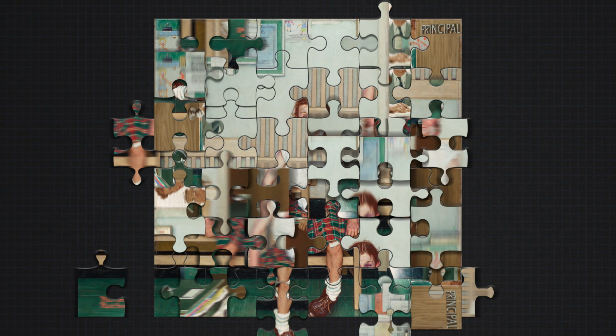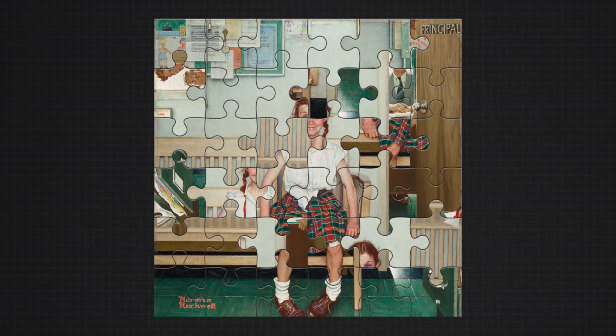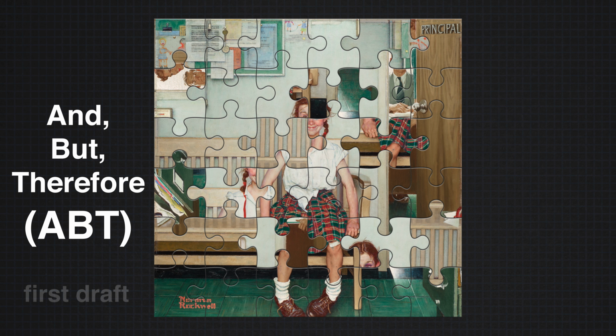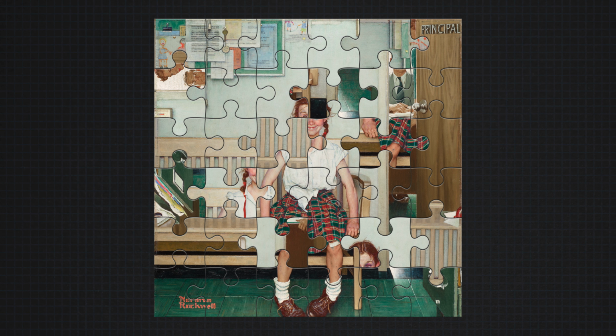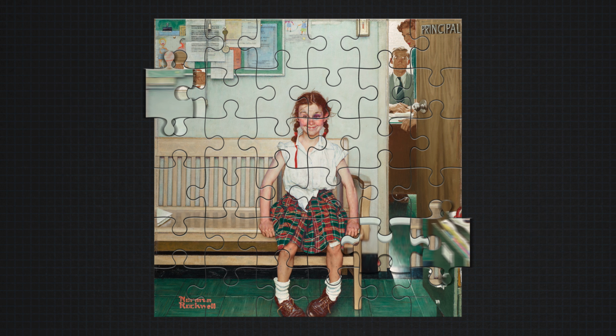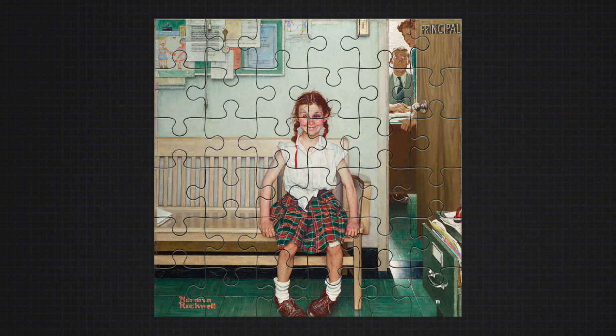Now, invest some time and energy, and you might get the puzzle to here. This is equivalent to the first draft of the and, but, therefore ABT form. You now have the beginnings of a story as we see the picture is centered around a little girl. It's still not quite clear what's going on, but it's much better. Then you put in a lot more time actually solving the puzzle. And boom, it's a girl, she's got a black eye, she's waiting to see the principal, and yes, it's a